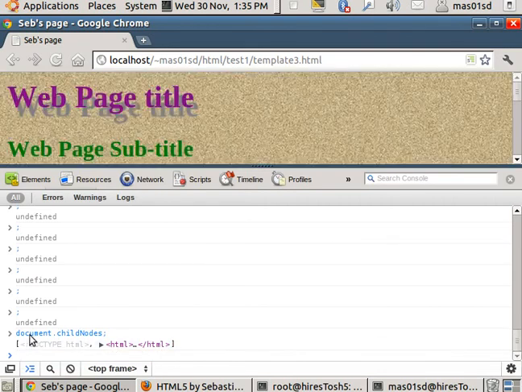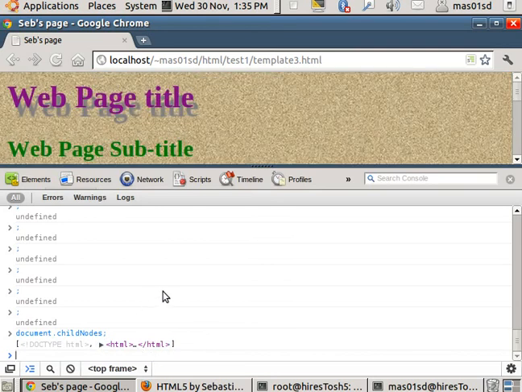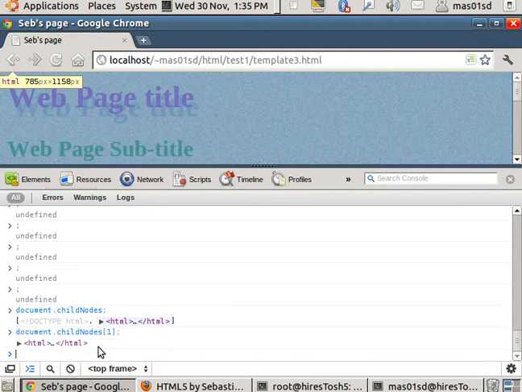So document.childNodes is an array consisting of two elements. With arrays, this is the 0th element of the array, and this is the first element of the array. So if we want to get hold of this one here, we can say document.childNodes[1], and that'll give us